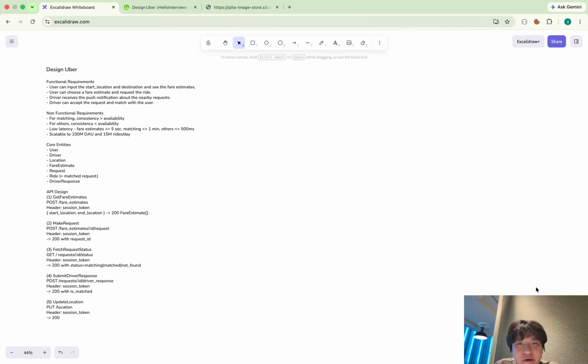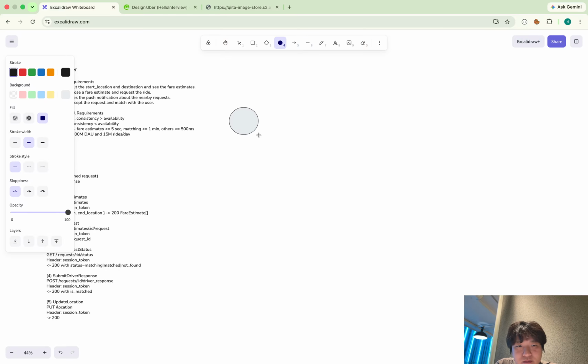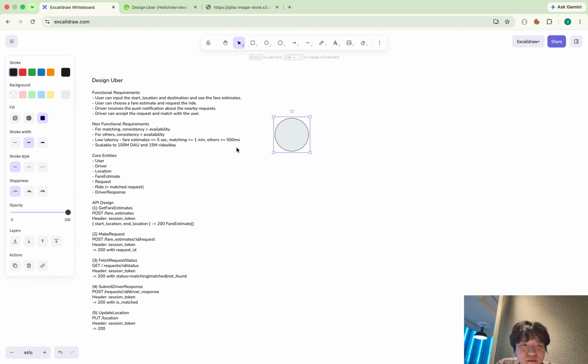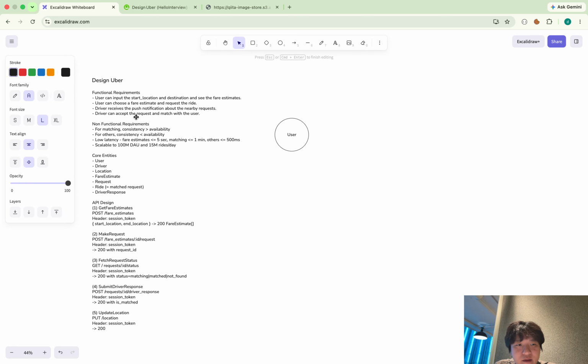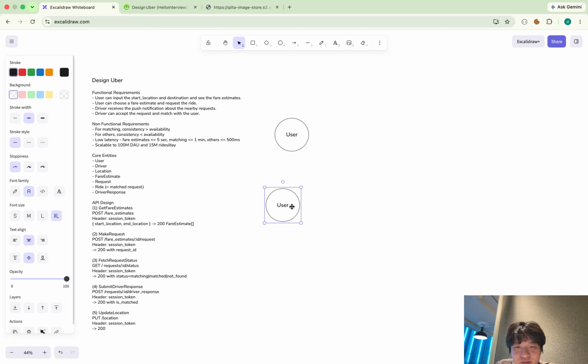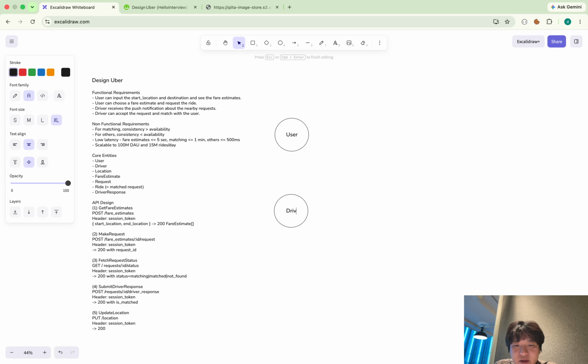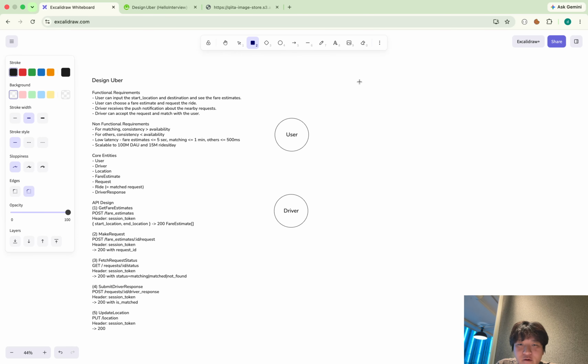From here, I will do the high-level design. The goal of the high-level design is to meet the functional requirements. And to meet the functional requirements, I will implement these APIs one by one. Firstly, I can say there are two kinds of client. One is user and the other is driver. So I will put them here. And for the backend,